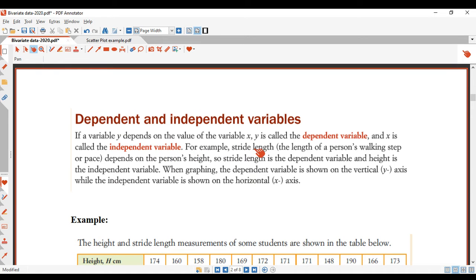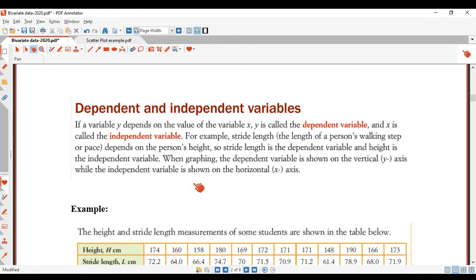For example, stride length depends on the person's height. So stride length is the dependent variable and height is the independent variable. And when graphing, the dependent variable is shown on the vertical y-axis while the independent variable is shown on the horizontal x-axis. So if we try and simplify that idea,